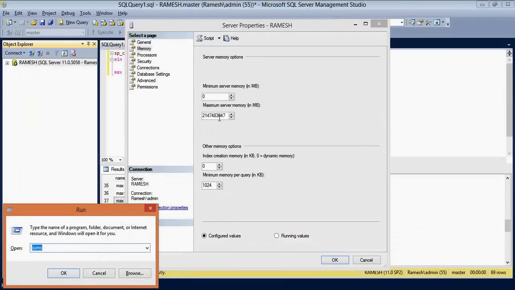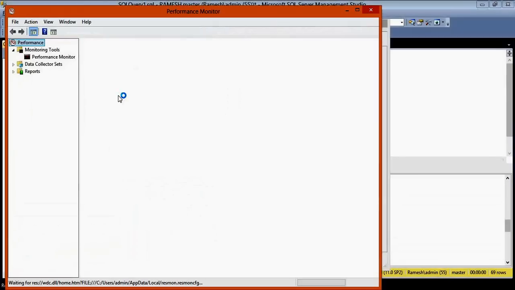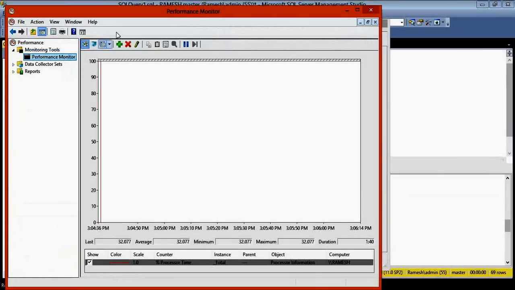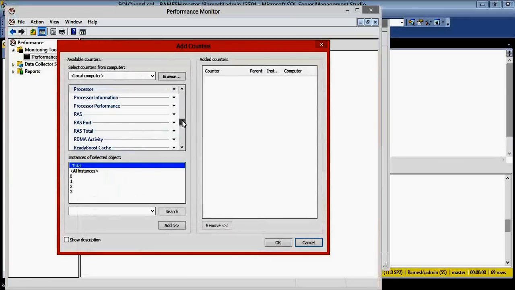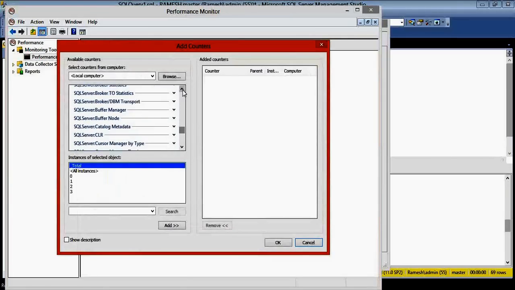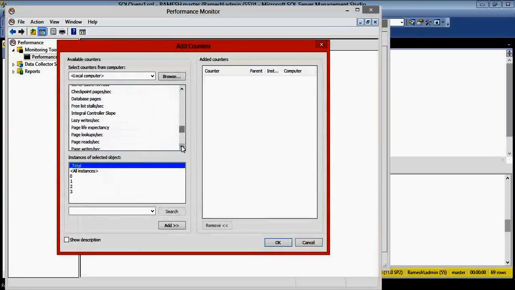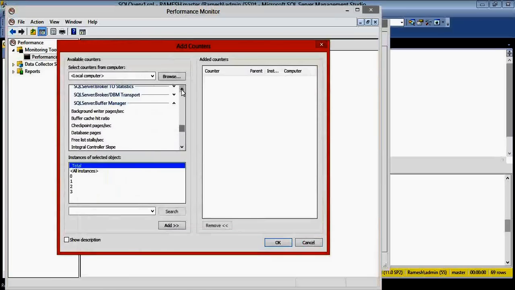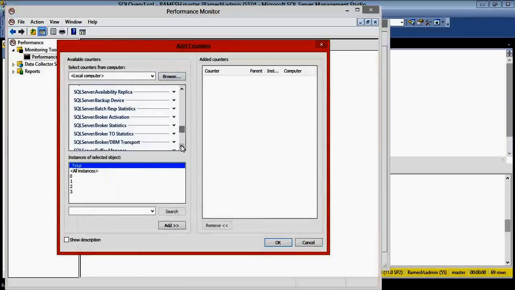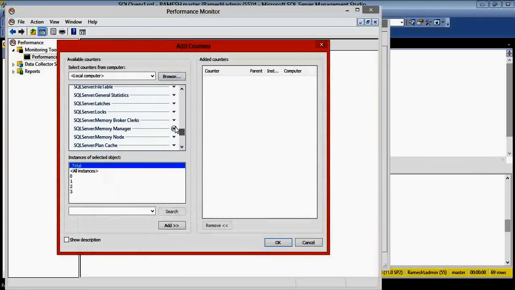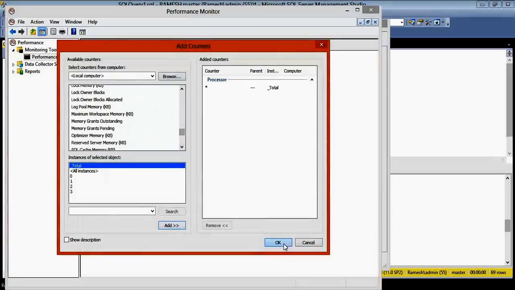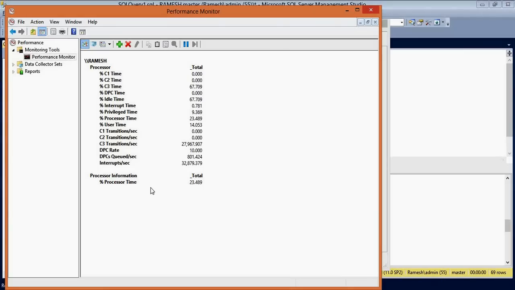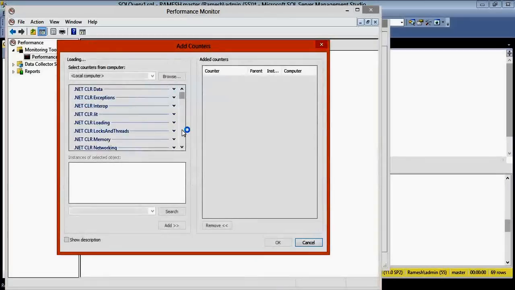It is simple: click Start, Run, go to perfmon, add counters, go to SQL Server Memory Manager.